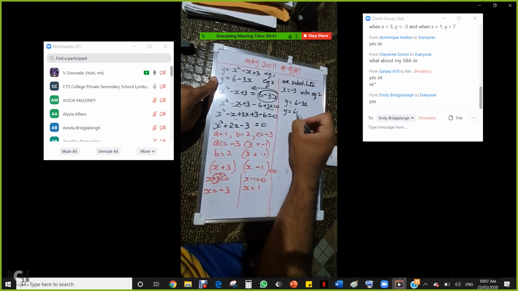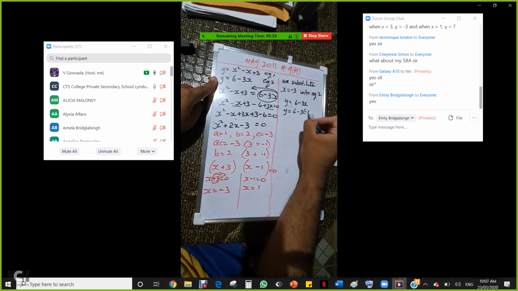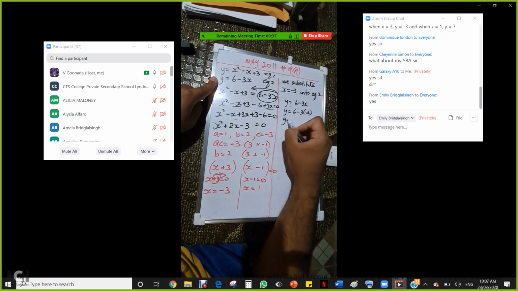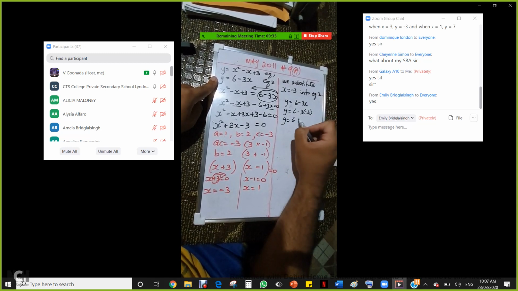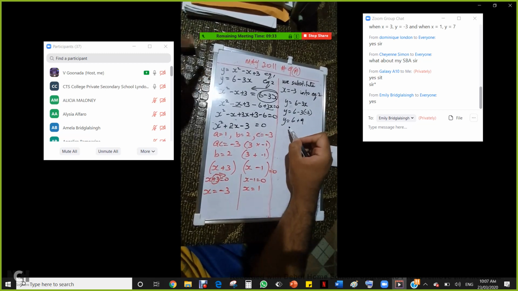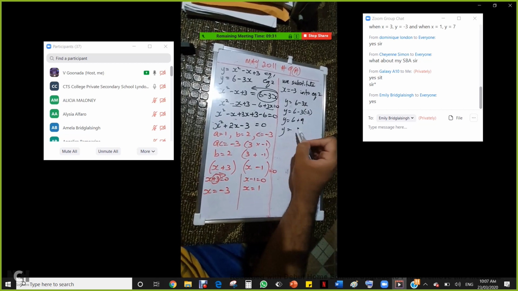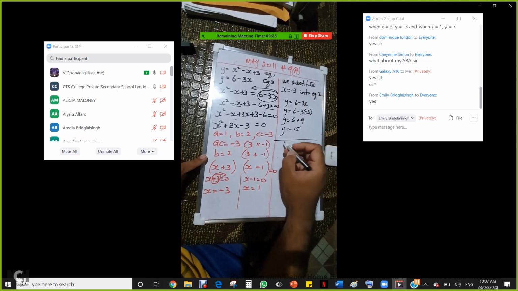Y is equal to 6 minus 3, and the value for x is minus 3. So y is equal to 6 minus, and a minus is a plus, 3 3s are 9. So y is equal to 6 plus 9, which is 15. Next one, we substitute